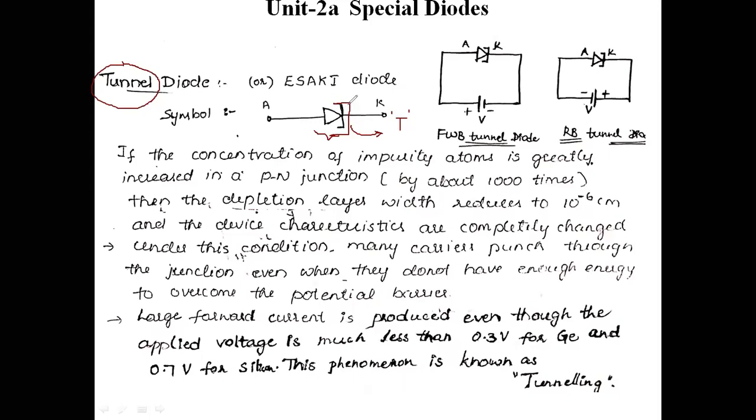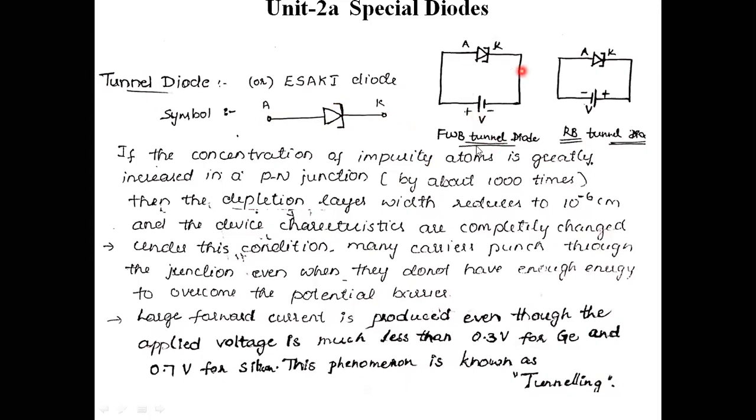Whereas in the Zener diode, on the cathode terminal, what is the letter indicated over there for the Zener diode? Tell me, anyone? Z. It is on the cathode terminal, indicating the Z shape, right? Like that. Here, this is the symbol for the tunnel diode, T shape on the cathode terminal.